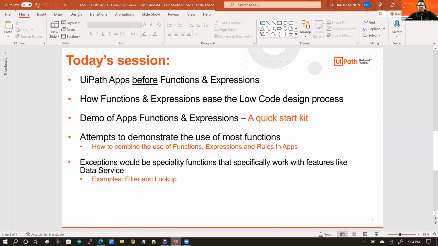So in today's session, we are going to start off by covering the world before UiPath apps, functions, and expressions. How were we working with UiPath apps when they first came? And then we are going to go into functions and expressions to show you the difference between the before and the after. The idea is to reinforce how functions and expressions reinforce the low code design process for people to build very effective